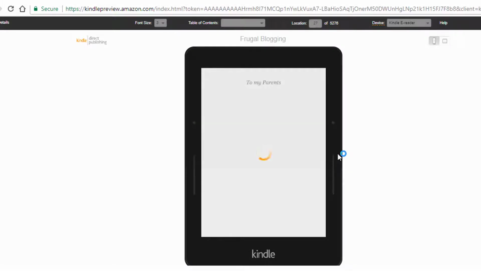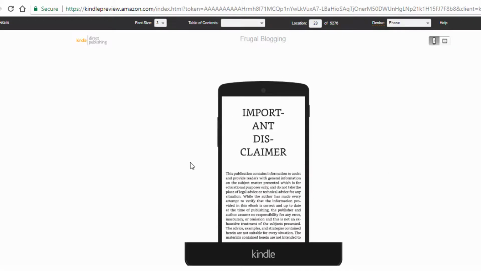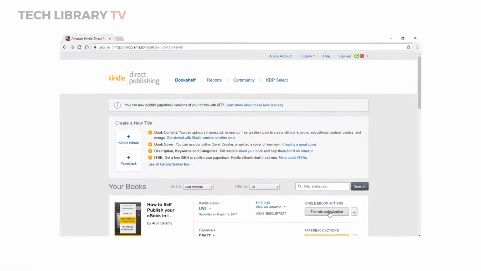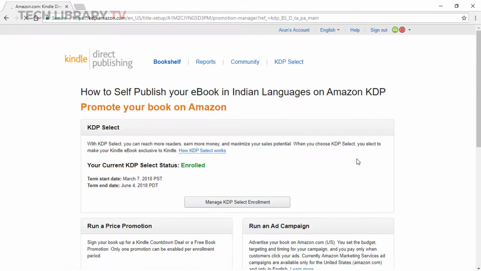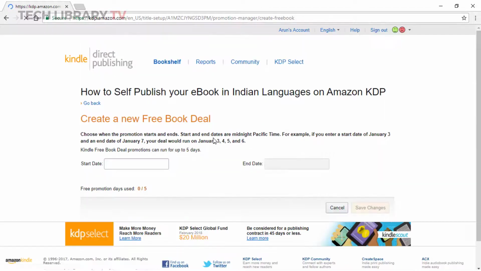And the second one is testing the process. As already mentioned earlier, it allows us to see exactly what buyers will see. Above all, we get our royalties back, so we are not even paying completely for the ebook's price. And here's a bonus tip. When you enroll for KDP Select program, you get a chance to promote your ebook for free for 5 days. You can use that opportunity to buy your own ebook for free during one of those days. Now, isn't that a win-win situation?